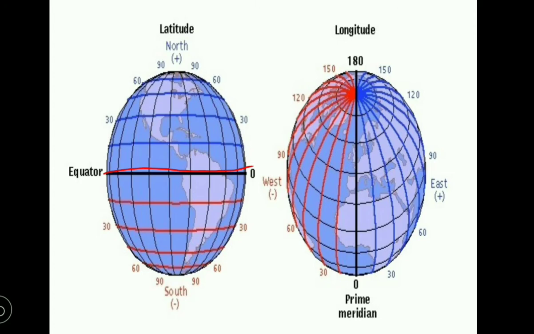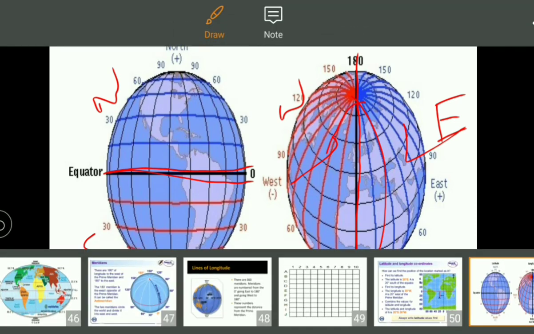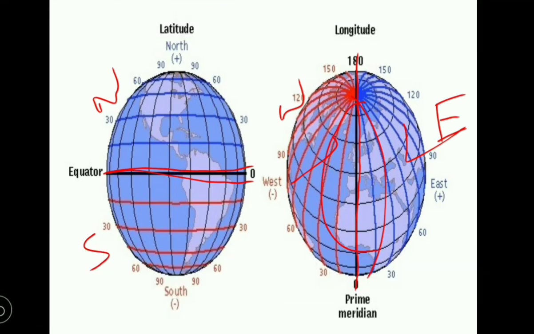So 0 degree is the prime meridian, exactly opposite to 180 degrees, and both create one circle that divides our earth into two equal halves. This is the eastern part, this is the western part. The 0 degree equator divides our earth into two parts, the northern hemisphere and the southern hemisphere. Here the eastern hemisphere, western hemisphere. These lines are semicircular lines, and every semicircular line together with its exact opposite creates one circle on the globe. So all the longitudes are great circles.